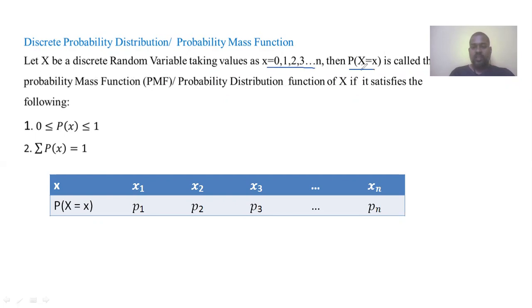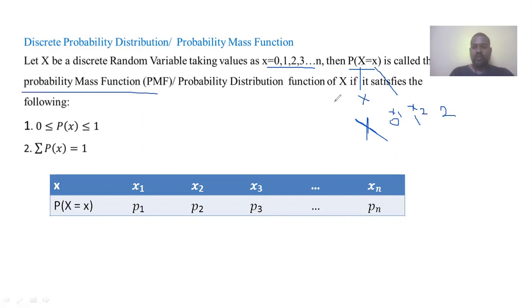Here, in this indication, first capital X indicates the random variable. That is, capital X is the random variable, and this small x indicates the element in the random variable. So if the random variable is X and the number of heads is represented as 0, 1, 2, then 0 is small x1, 1 is small x2. The elements of the random variable we indicate with small letters, and the random variable we indicate with capital letters. Okay.